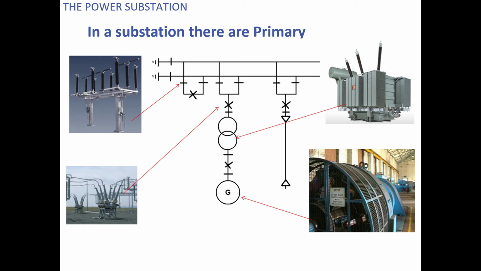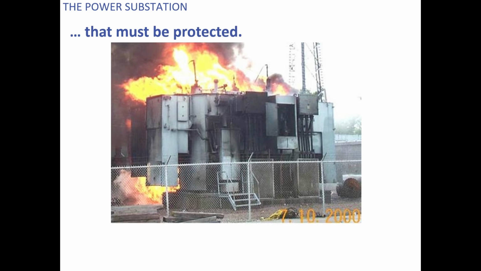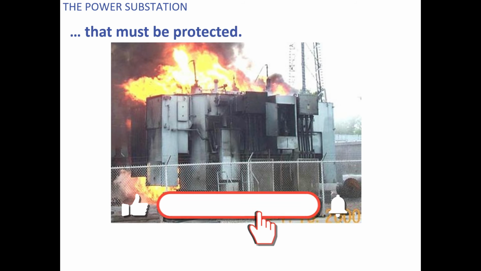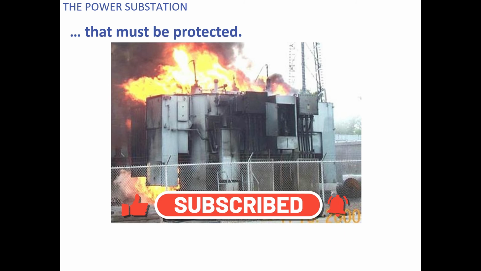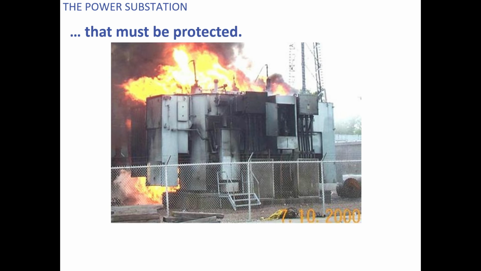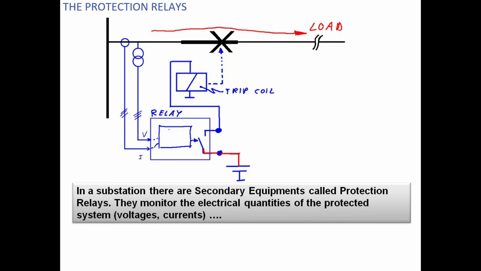In the initial slides I have already discussed the meaning of primary equipment. Your primary equipment must be protected, because if you don't protect it, it may fail eventually over a period of time, and once it fails there will be widespread outages across the power system. To protect these primary equipments we use protective relays. I'm not going to explain in detail these fundamental concepts of protective relays, because in the initial lectures on distance protection, differential protection, etc., I have already explained the concepts of protective relays.